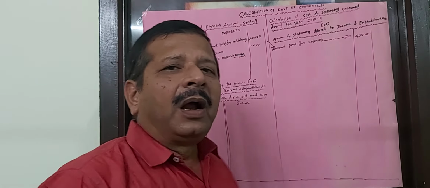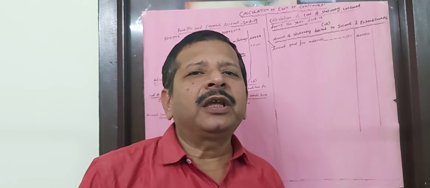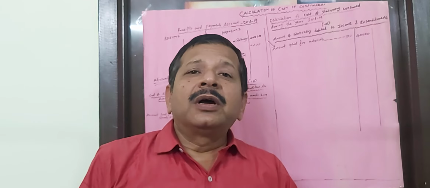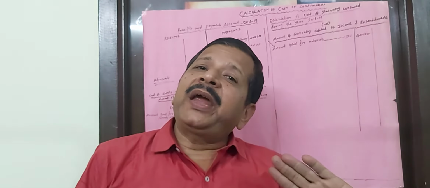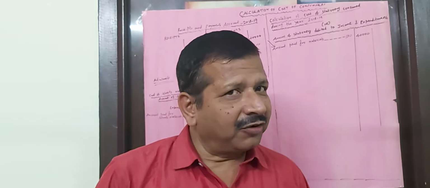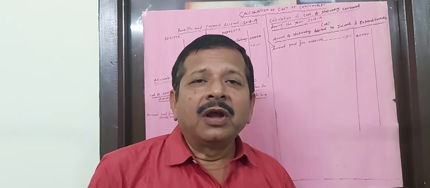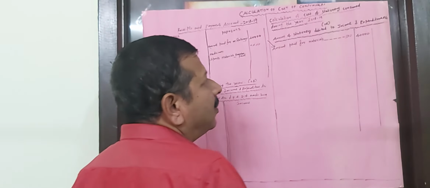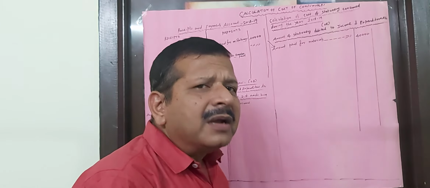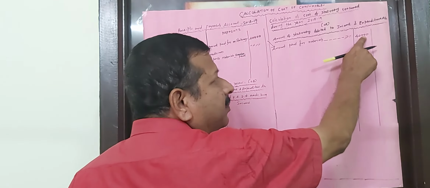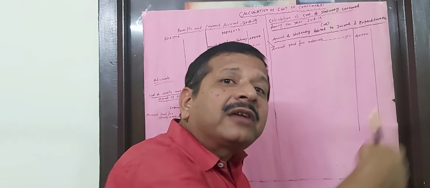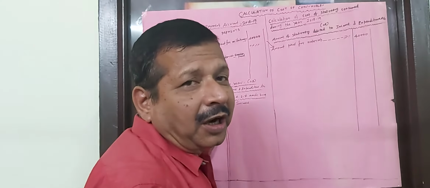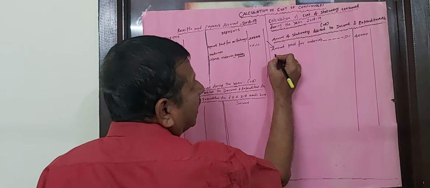In the adjustments, they will give that this amount of 40,000 includes the amount paid for the previous year. Are you understanding? Last year's amount we would have paid during this year. If you pay last year's amount, that amount belongs to the previous year. So this 40,000 includes a previous year amount. We have to exclude that, because last year's amount we should not record in the income and expenditure account, on an accrual basis. That's why